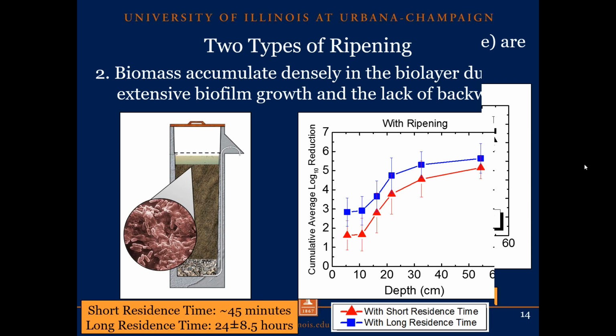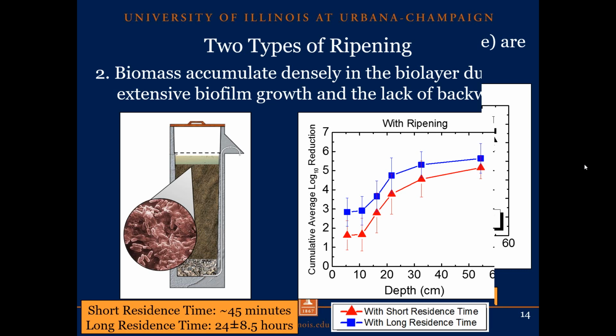And for days 9 to 27, we called that a non-ripened filter, which is a scaled-down version of the version 10 biosand filter, and it had a 2.1 liter charge volume. So when we ran the filters, we would spike MS2 into our feed water and pour that into the filter. After the water finished running through the filter, we would collect samples at each port, which we denoted as short residence time, because the water only had about 10 minutes of contact with the sand